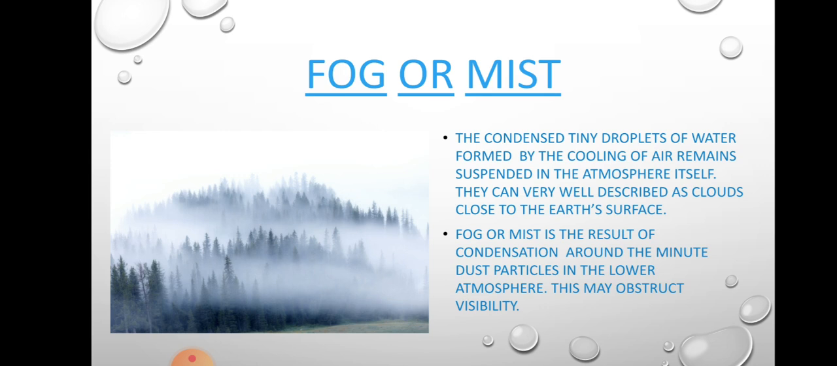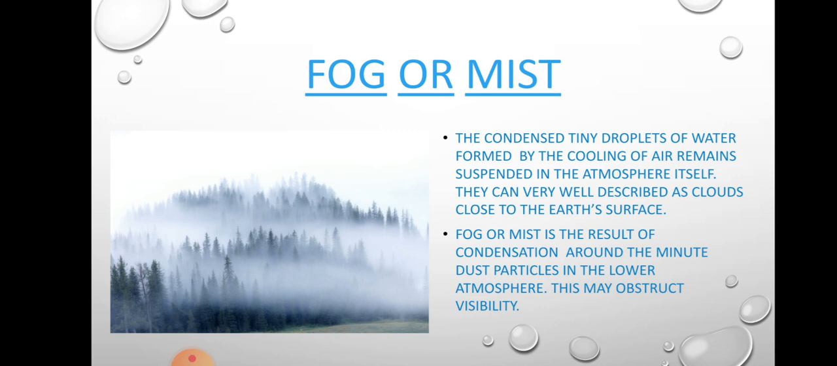Fog or mist is the result of the condensation around the minute dust particles in the lower atmosphere. We know that in last year's class we studied condensation nuclei. What is condensation nuclei? It's tiny dust particles which help in the process of condensation. When the condensation process starts, the tiny dust particles present in the lower atmosphere act on